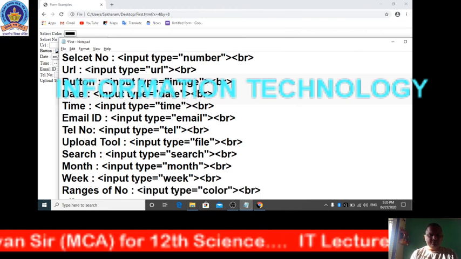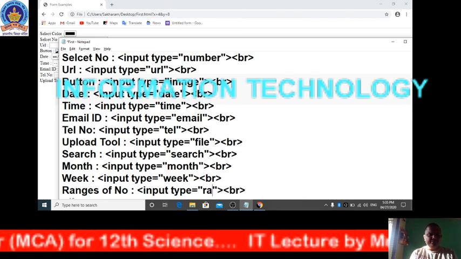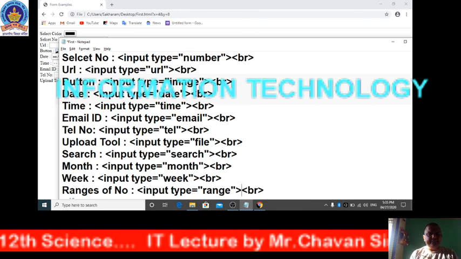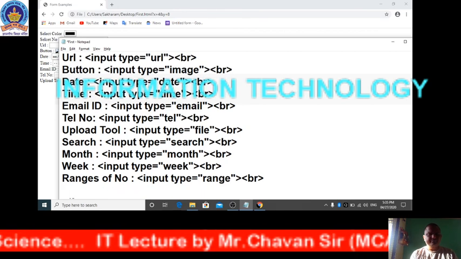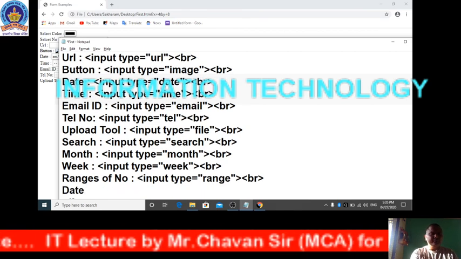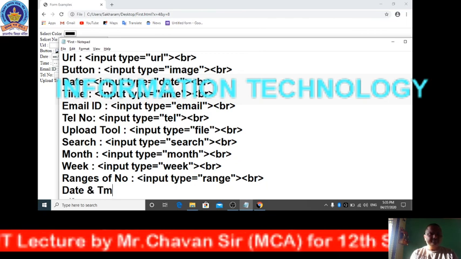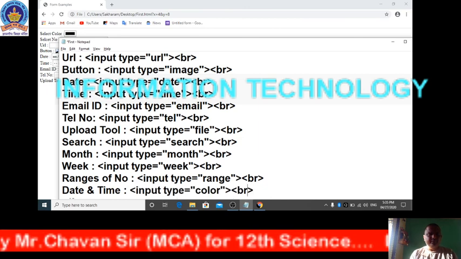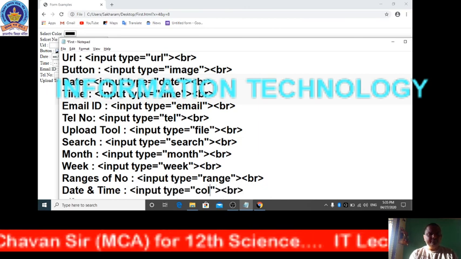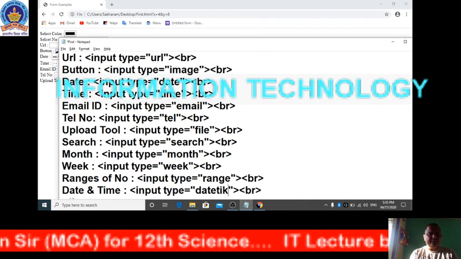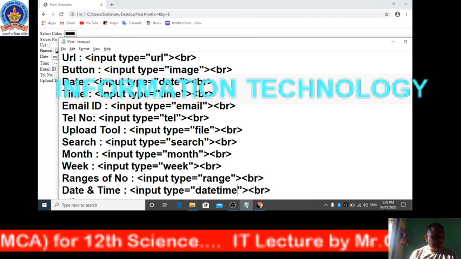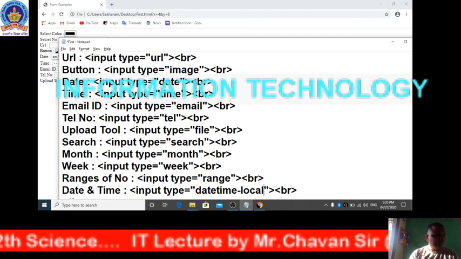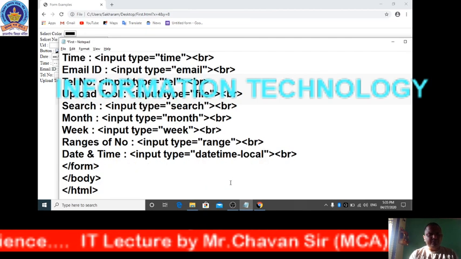Input type equal to range. For selecting the date picker, date and time, we are using the value datetime-local. Like this the controls are there.